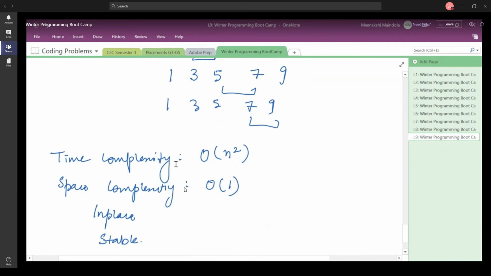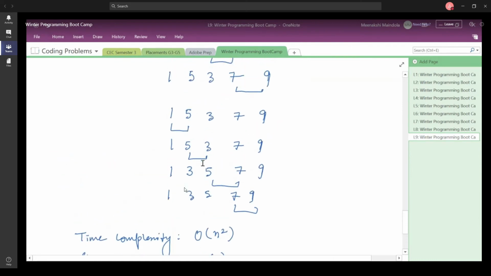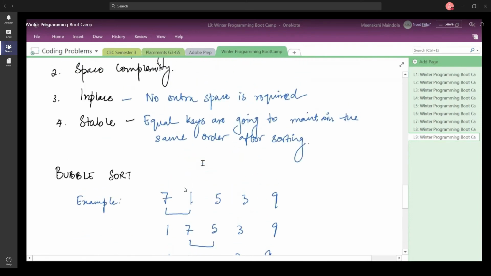Okay. So any doubts up till here? Anyone? Shall we move ahead and talk about the next sorting algorithm?